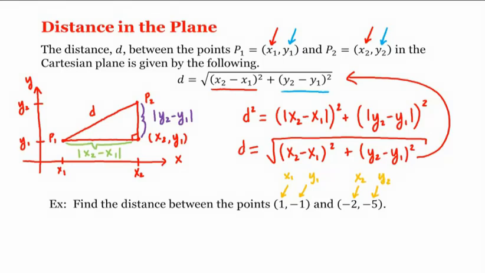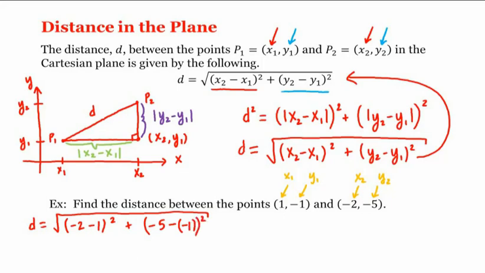By our formula, the distance d is the square root of the difference in the x-coordinates squared, so x2 minus x1 squared plus the difference in the y-coordinates squared, so negative 5 minus a minus 1, be careful here,